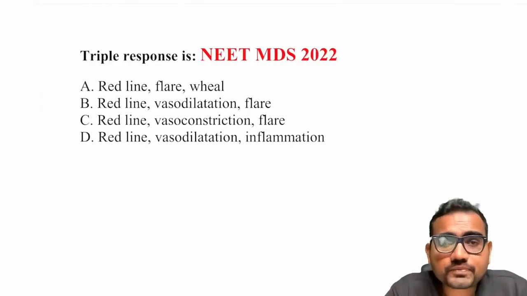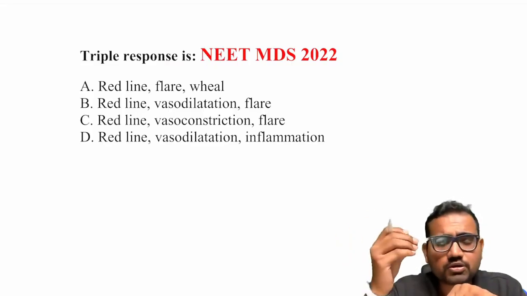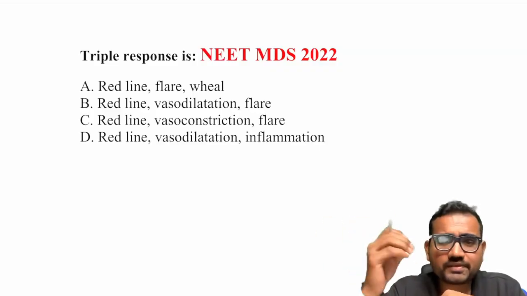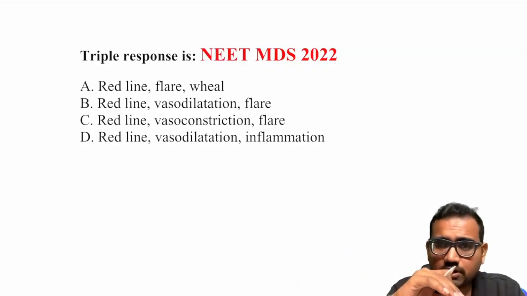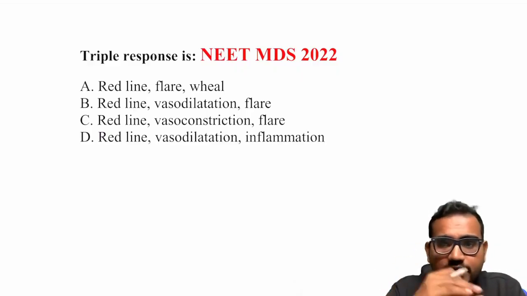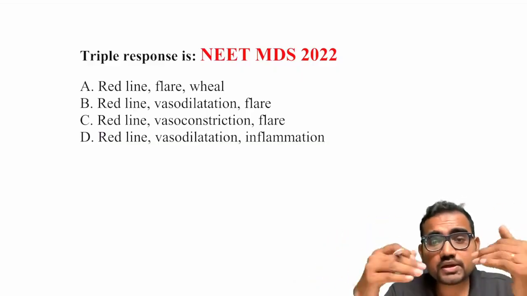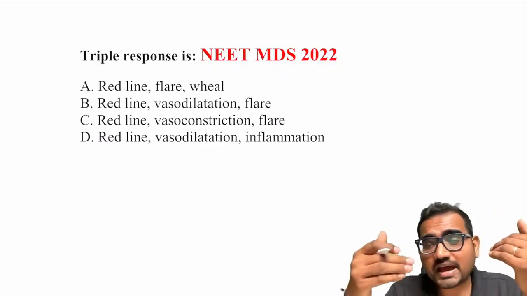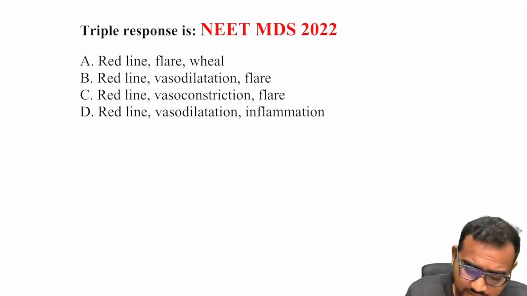Moving on to the next question. What is triple response? So with the triple response, when I take an instrument or any kind of object and try to scratch my skin, there will be redness, there will be spreading of the redness, and also there will be swelling of the area. So it becomes red, it spreads, it swells. That is the Lewis red flare wheal reaction. So the red line